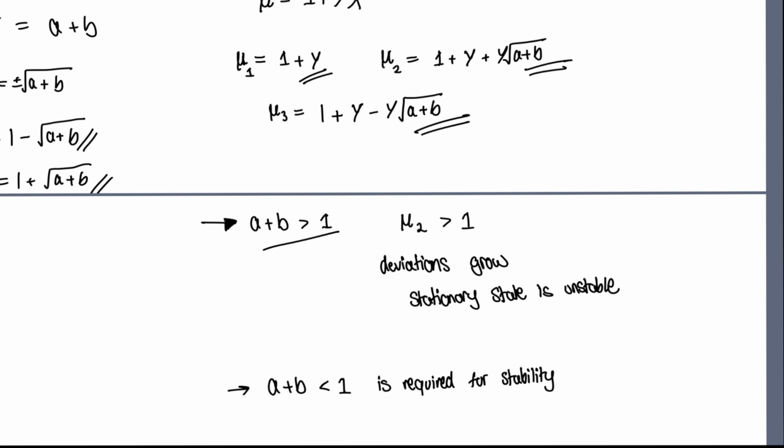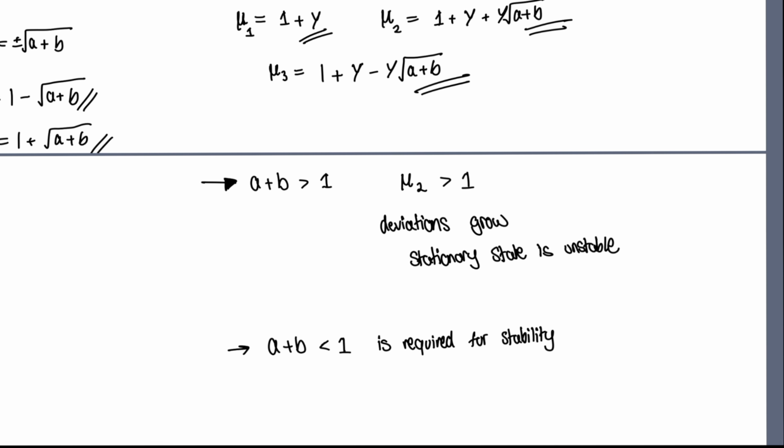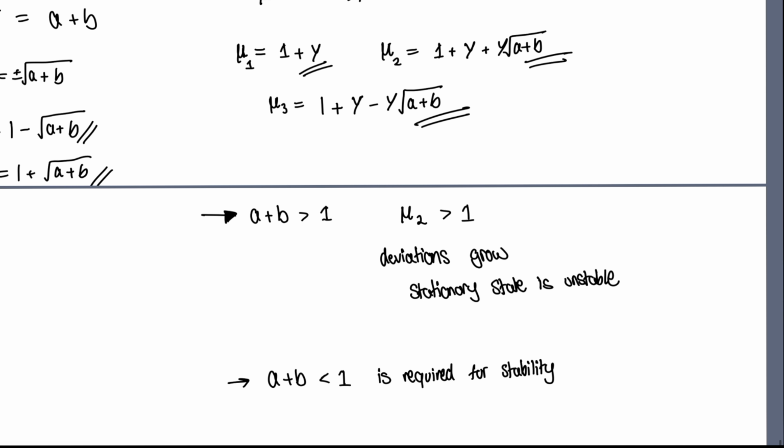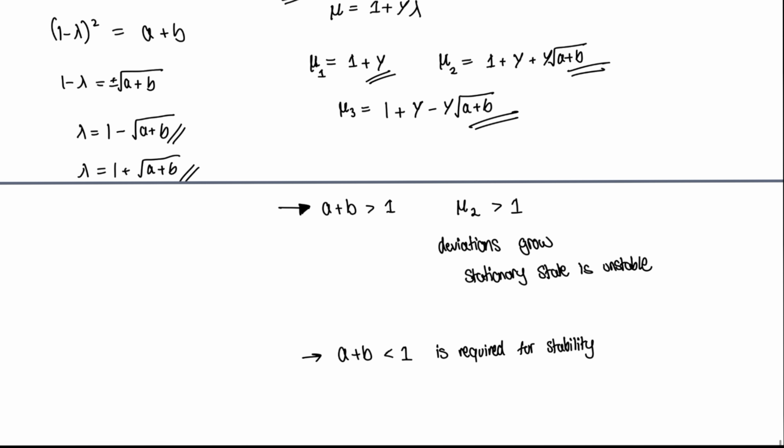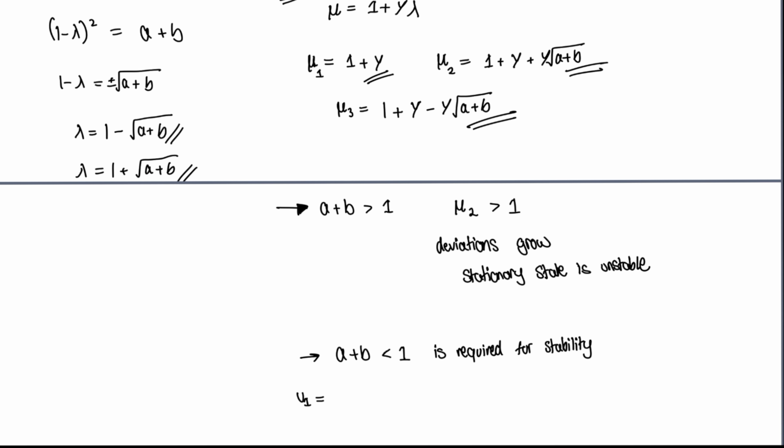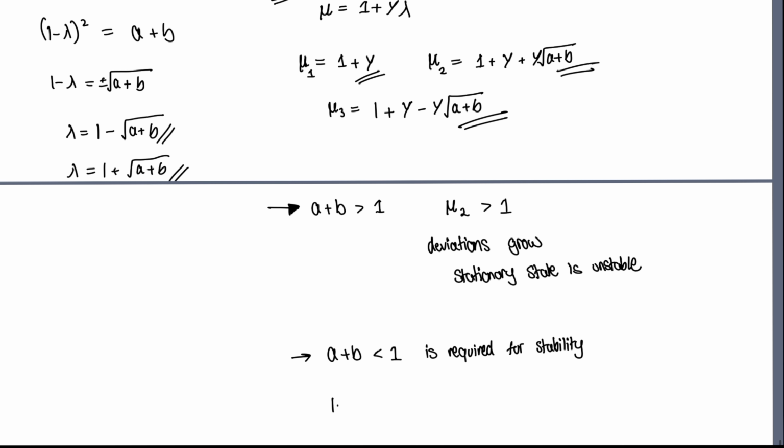If we now reverse this, we should have a requirement for stability. So now if a plus b is less than 1, then we should have our first eigenvalue, which was 1